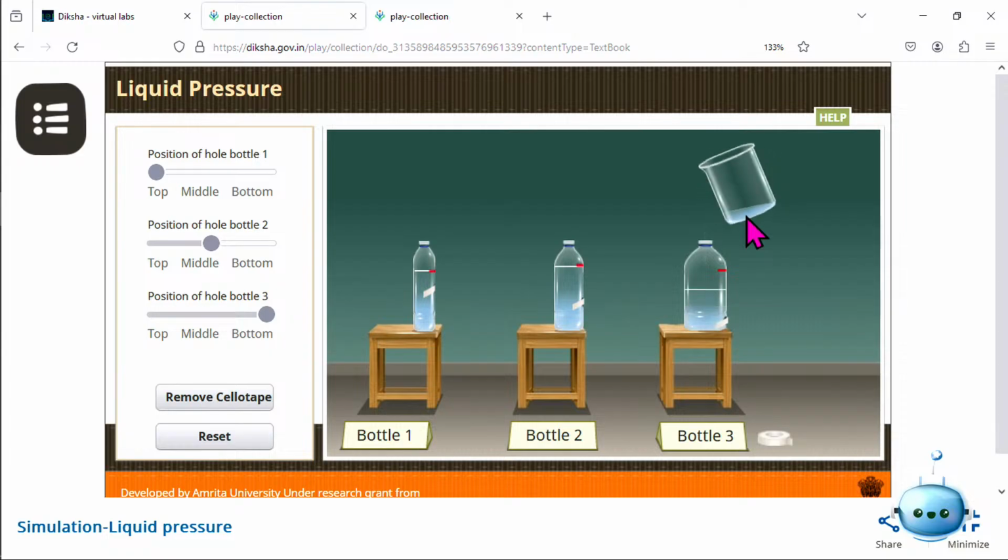Before showing the result, once teachers have explained the concept of liquid pressure, they can ask students which bottle should show higher liquid pressure and which bottle should show lower liquid pressure.